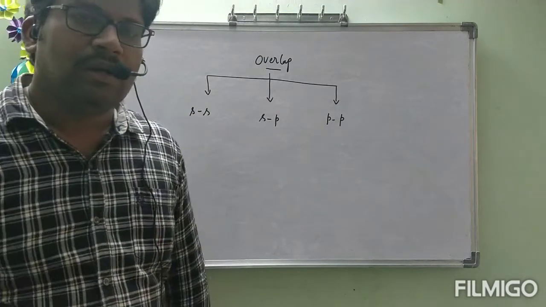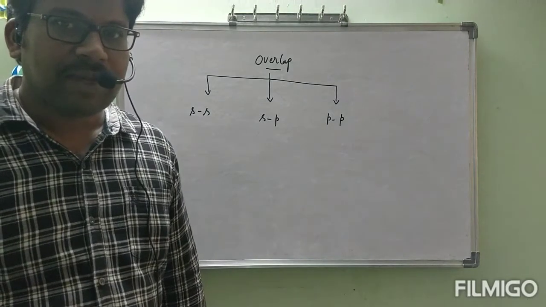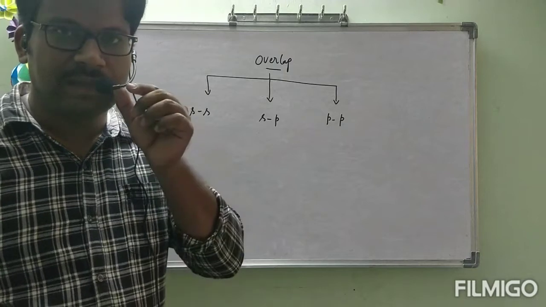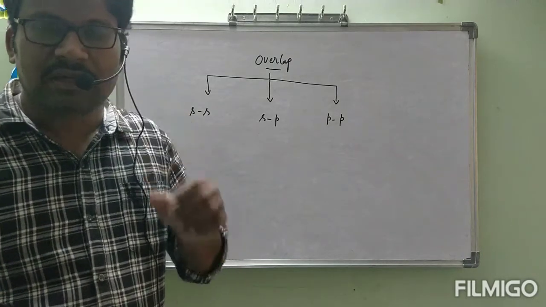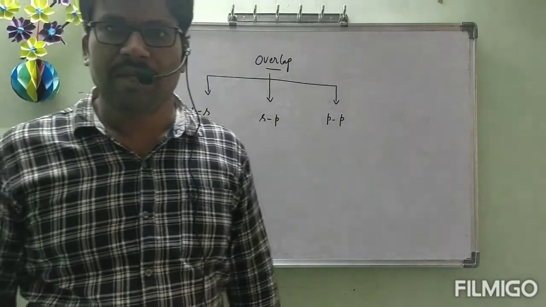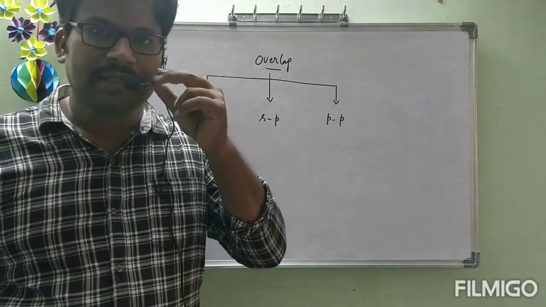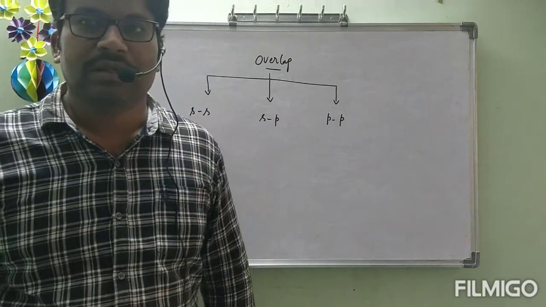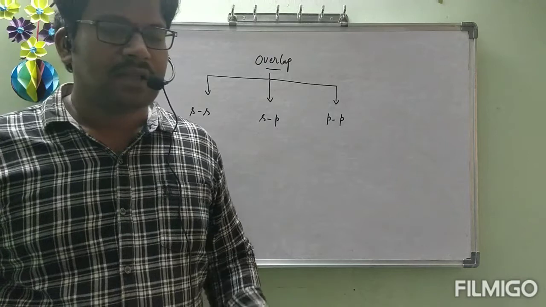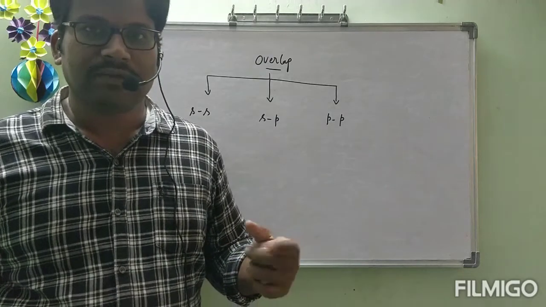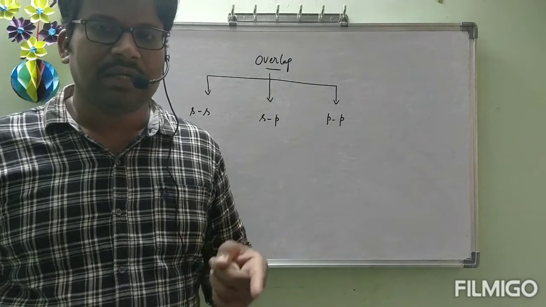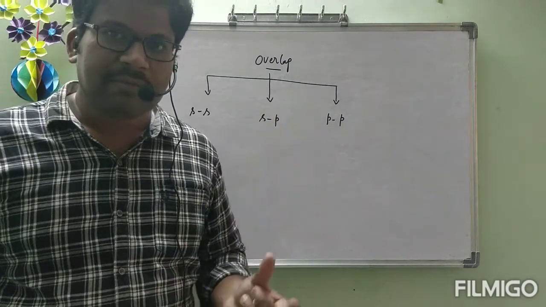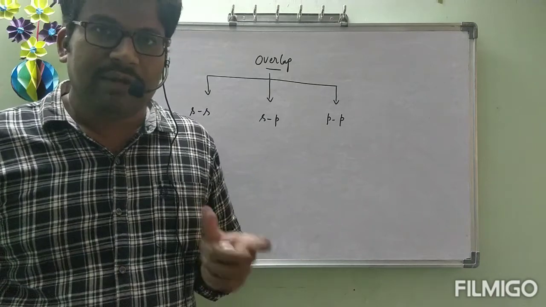Now what are the types of electron pairs? Two types of electron pairs are there: bond pairs and lone pairs. The electron pairs which are involved in bond are called bond pairs. And what about lone pairs? The electron pair which is not involved in bond is called lone pair. While studying the formation of F2 and Cl2 we have seen examples, how many lone pairs and how many bond pairs are there. These are all explained by valence bond theory, under the heading VBT.